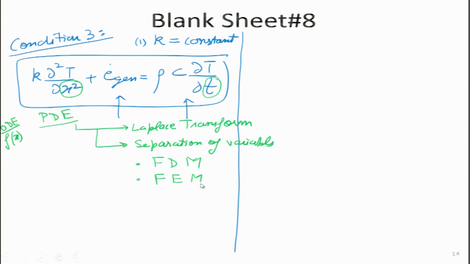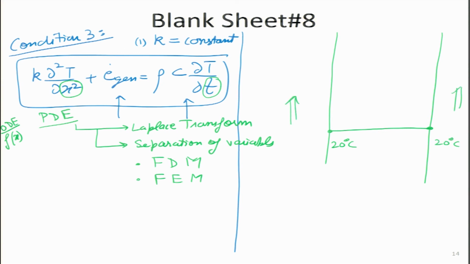It is beyond the scope of this particular chapter to solve it, but I will show graphically, because the results for this transient case turn out to be very interesting. So, very quickly I will do this. Let us assume that the whole wall initially is at 20 degrees centigrade, and then we start heating on both of the sides in such a way that after some time it has to reach 40 degrees on both sides, and then we allow it to reach steady state.